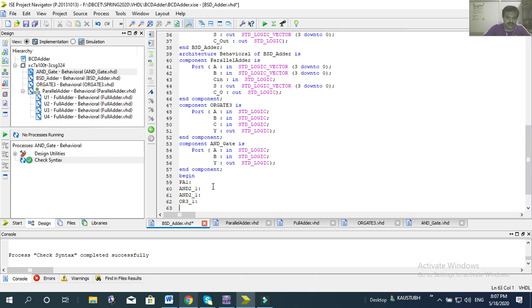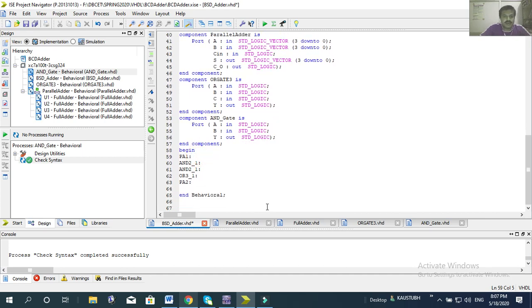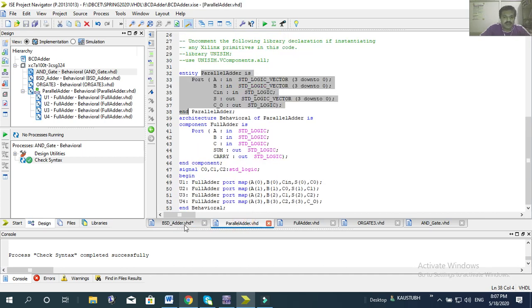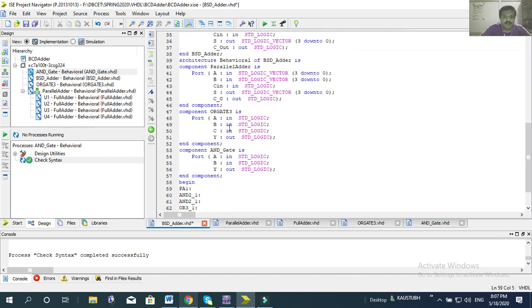Then again PA, parallel adder 2. Okay, so these are the different components. So what is the name of the parallel adder? It is parallel adder only. You just copy and paste because it should be exactly the same. Parallel adder